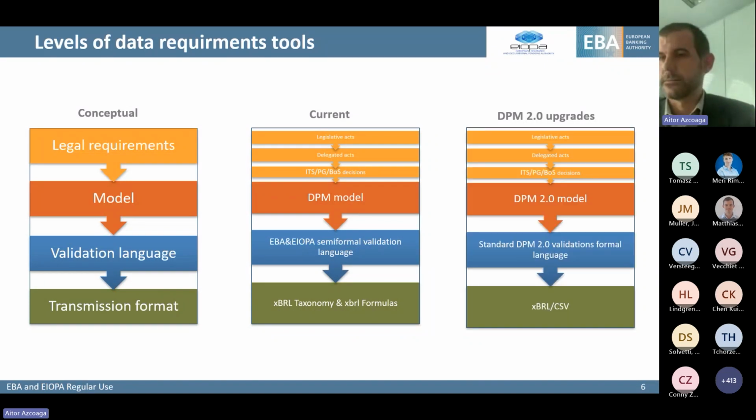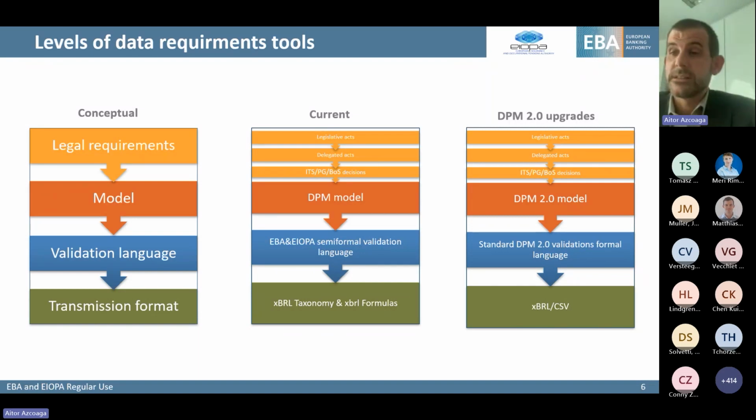Where do we go now? Once I have explained this layer, I will tackle a little bit on XBRL, which I think is also relevant. Where we go now is that we are going to update these layers. We are going to update the layer in the middle, where undertakings may be only partially exposed, depending on the undertaking, but we are going to update this DPM 2.0, the modeling, and we are going to tackle also the validation. So we are aiming to standardize in a formal way the validation language that we are using. Currently, as I say, it is semi-formal and has some gaps, so we are also including this as a part of the DPM, and there will be a formal validation language in the DPM.